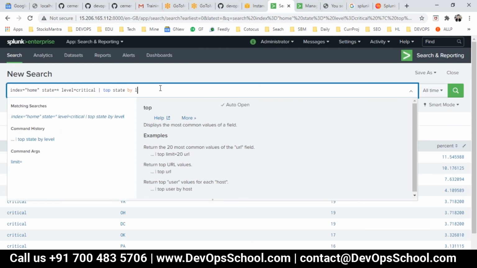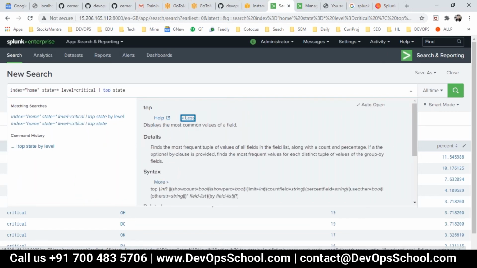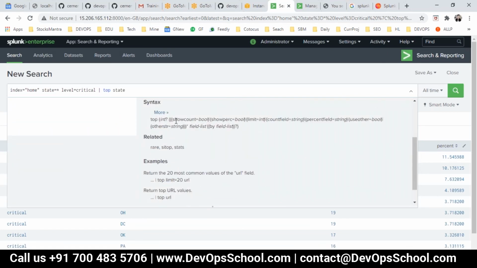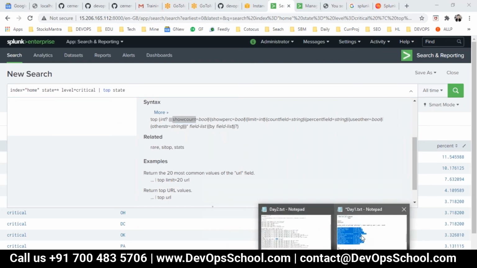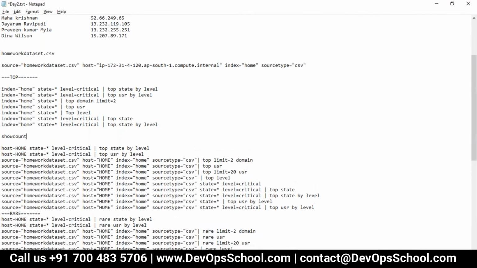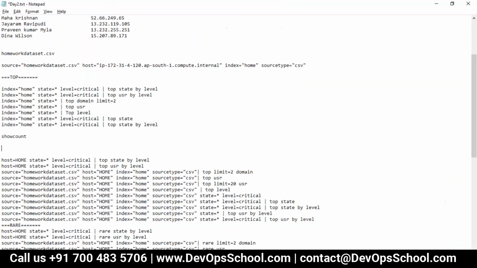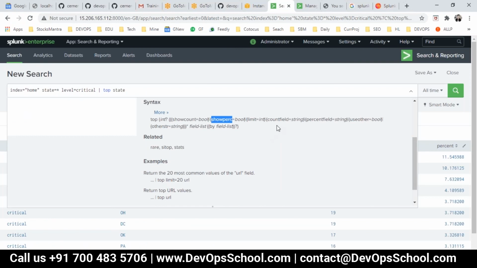see here. So now we are getting the good suggestion here. Now more, and here show count. You can create your own commands actually. Show count and show percentage and count field,